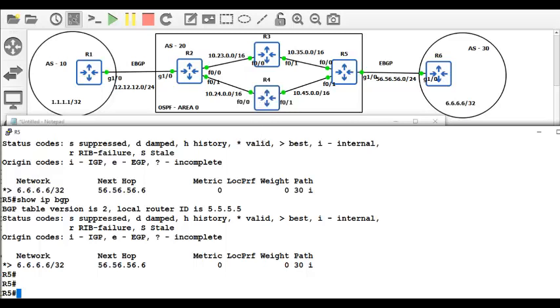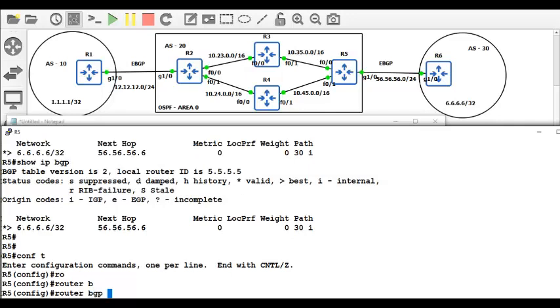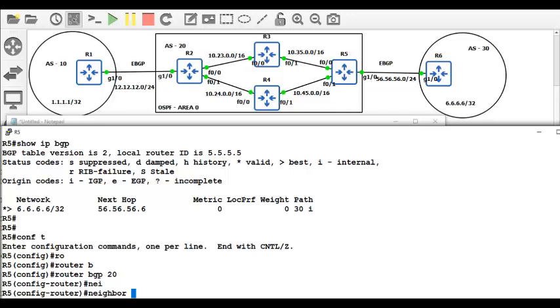You see, router BGP handy, and I'm going to use loopback interfaces because router 5 has got 2 paths to reach router 4. It can go via router 3 or it can go directly to router 4. Likewise, router 5 has got 2 paths to reach router 2 and router 3. So whenever you have a redundant path, it is recommended to use loopback interface. All this we learned. So I'm going to say neighbor